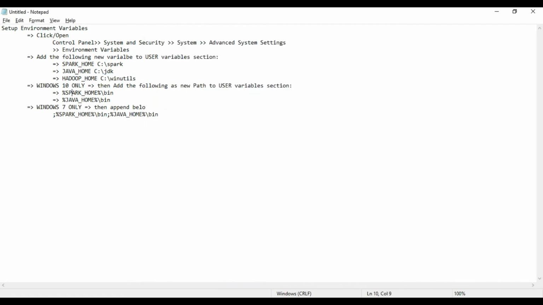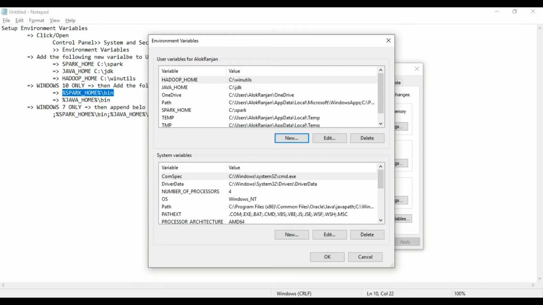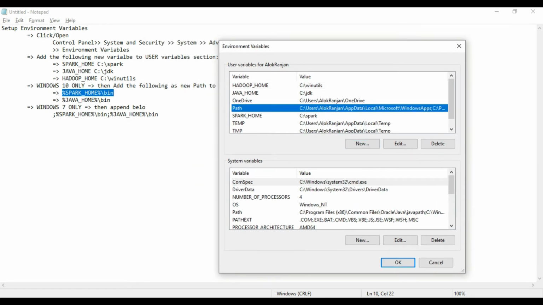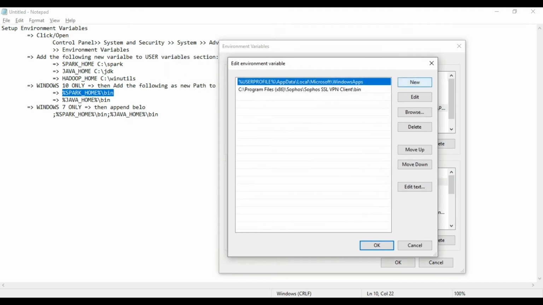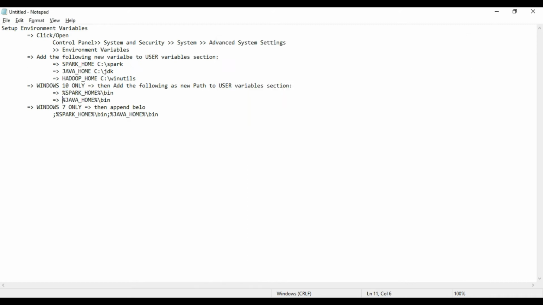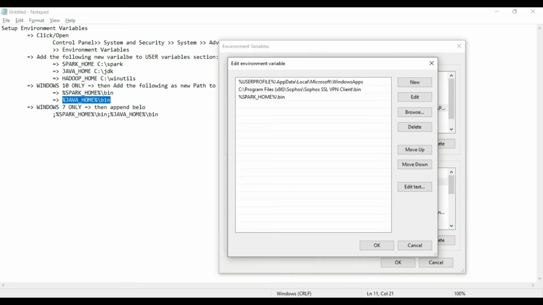Now for Windows 10, we need to add the path. You can see path is here. Click on Edit, then click on New and paste. Go to another line. Now we will add the path information for the Java Home. Okay.